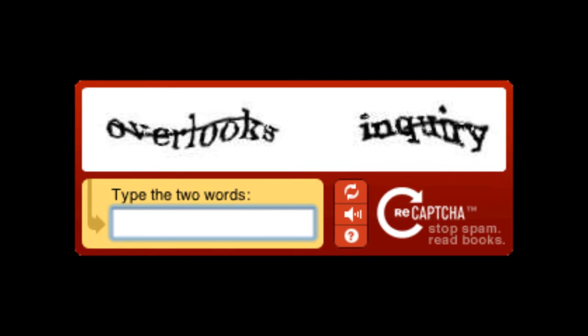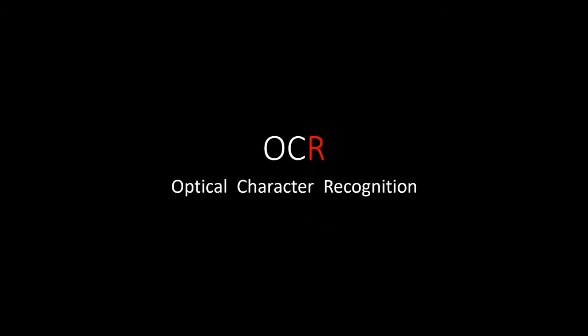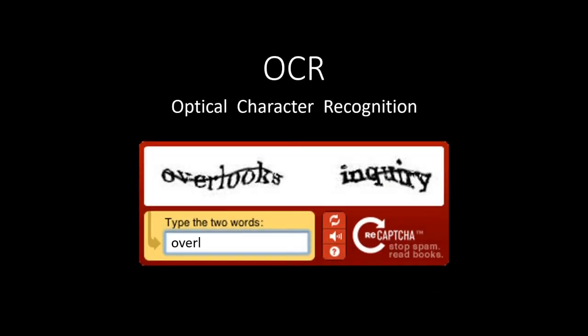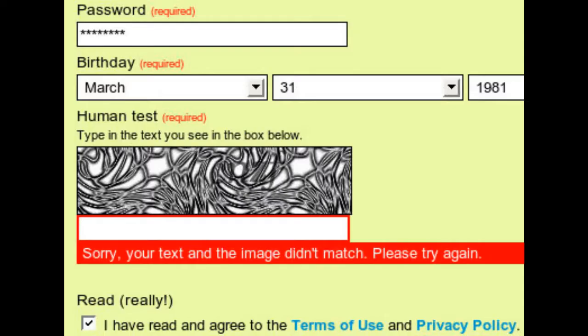Today, this type of challenge has become so old and has been so popular historically that compared to other implementations, it's fairly vulnerable. Optical character recognition, or OCR software, has gotten surprisingly good at parsing the images for keywords, despite the distortion and noise added precisely to prevent this. And a side effect of these distortions is the reduction of usability for users. At some point, the images presented become too much of a garbled mess for even humans to read.